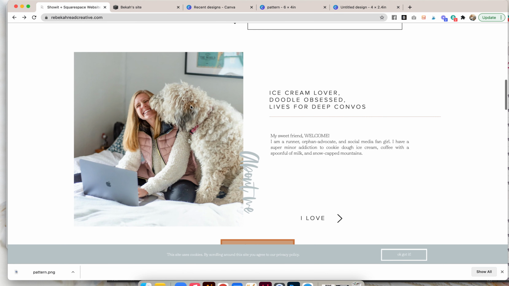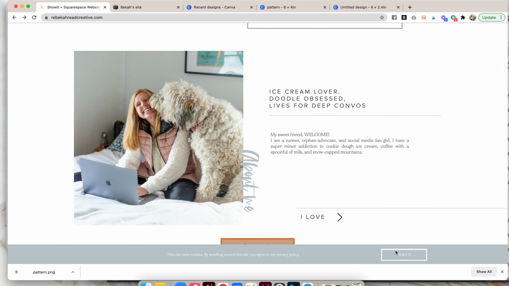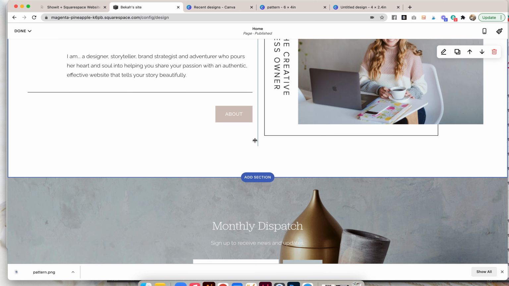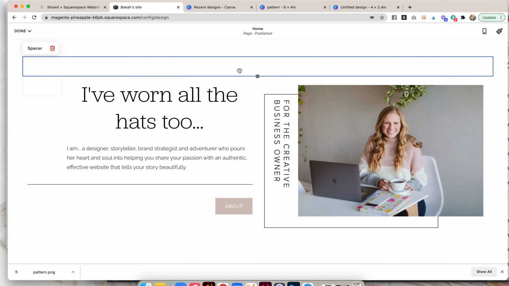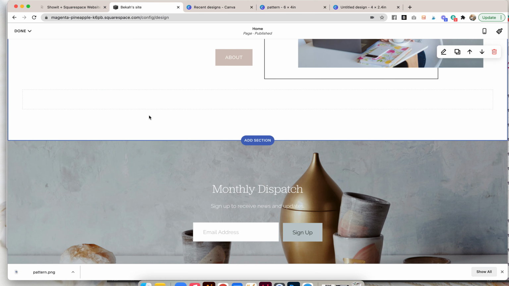Okay, let's look at the next section. So again, here we have a photo right next to a sideways text. As I said, you can do sideways text with coding, but it's just easier to go into Canva and pop up an image and then pop a text. So that is what I would have done. I could create another section, but since it's white and this just feels faster, I'm going to just add on to this.